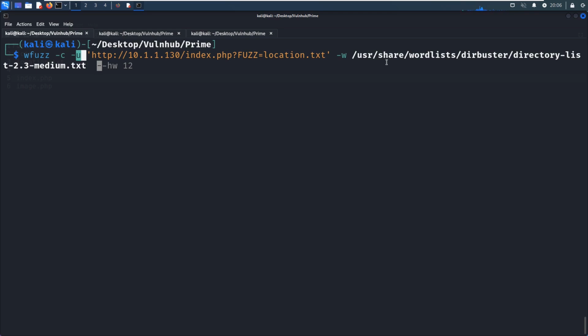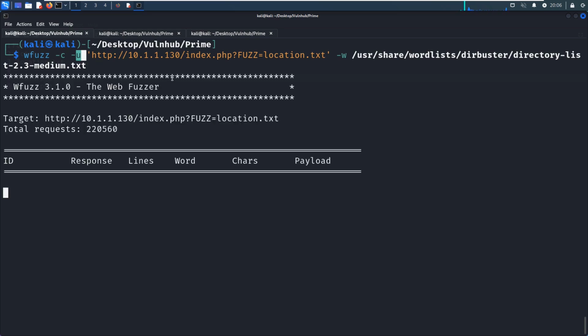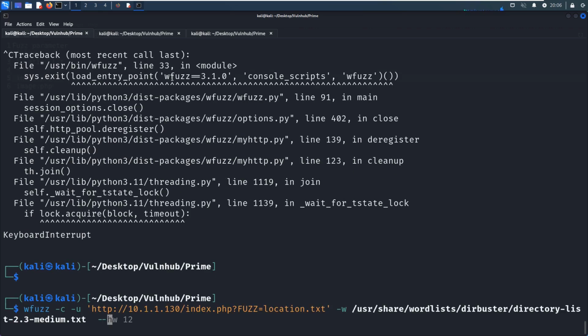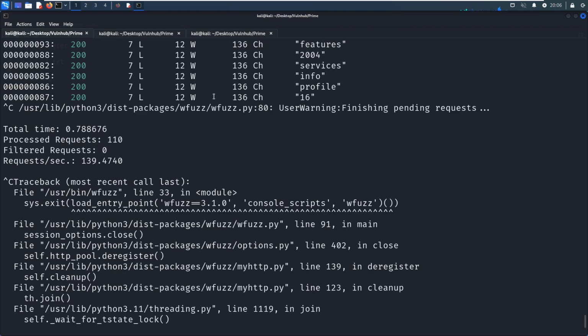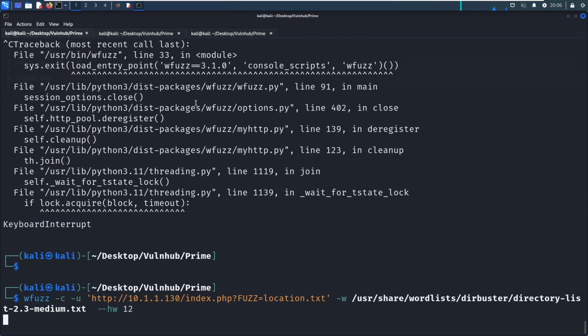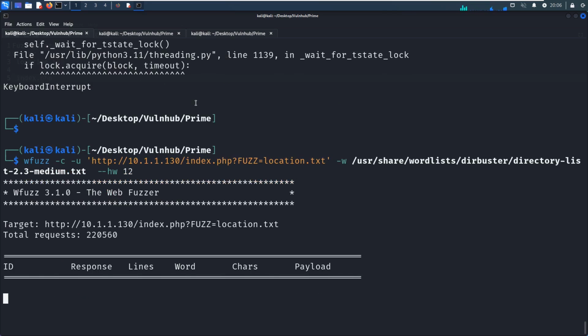Of course, you can use many different word lists, but I always use this one. This word list is a bit big. This can be used for scanning directly, but also can be used for the parameter. Okay, so now we can press enter. A lot of output. Of course, we need to put the filter, like the word of length 12. Let's press enter to see whether we can make fuzzing and retrieve the parameter name.